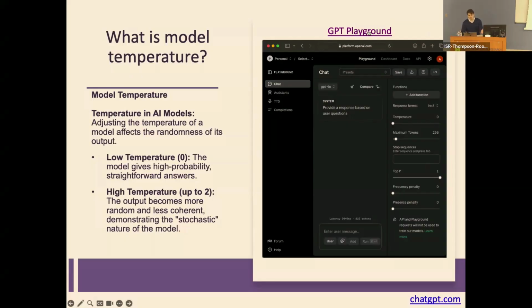As I said before, GPT by default has a temperature of 1, but this is very concerning for different fields of AI, right? Say if you're in healthcare, you want this to be as factual as possible. If you are, say, an artist, you might want this to be like a 1.5 to be as out of the box as possible. So it really depends. I've linked GPT Playground. So if you have a paid account, you could actually go to Playground.